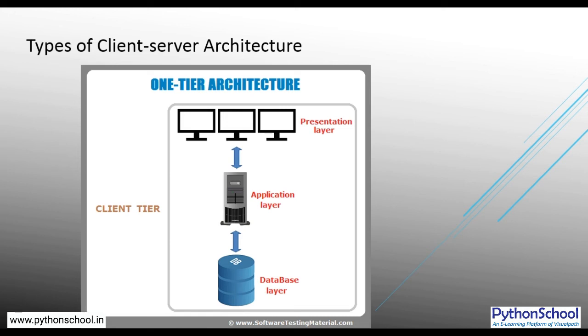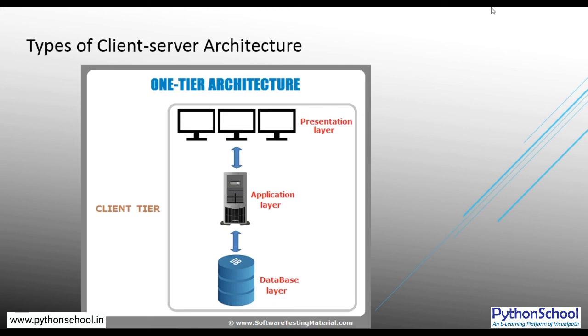The applications which handle all three tiers can be, for example, an MP3 player or MS Office, where all the data is stored on the local system or a shared hard drive. So user interface, application logic and data, everything resides at the client location. We also call that a client tier architecture. So it is a one tier architecture.